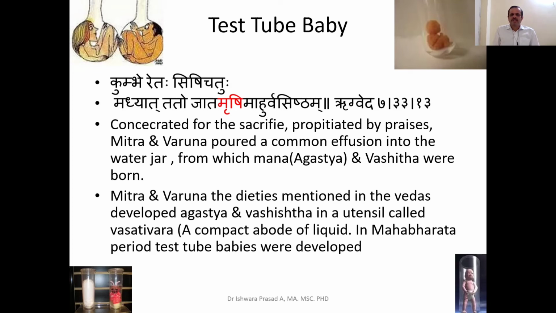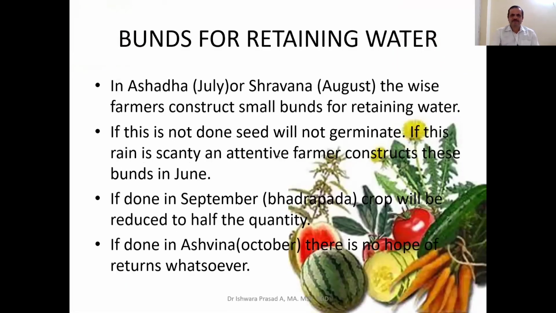A compact abode of liquid. In the Mahabharata period, test tube babies were developed. We can see even the Kauravas were also being produced through this. They are also the Kumbha yogis. Then, bunds for retaining water are also mentioned